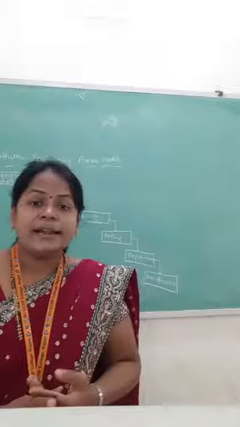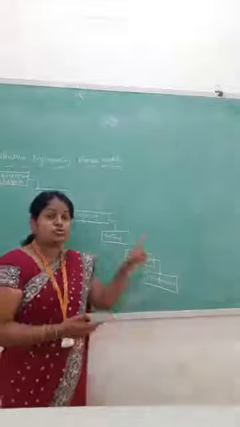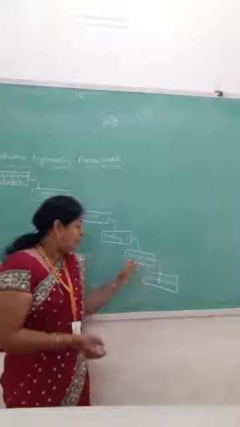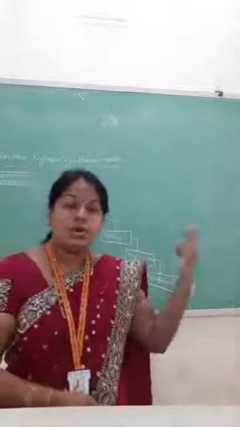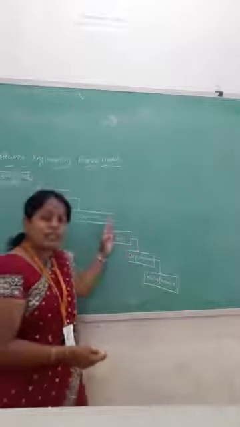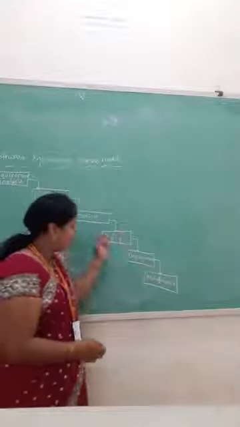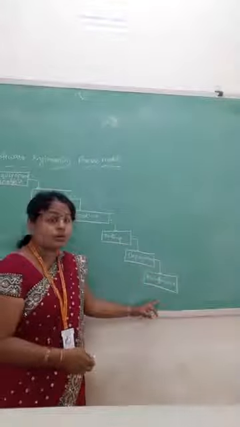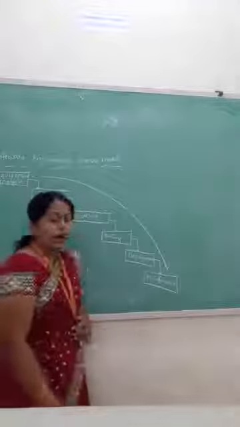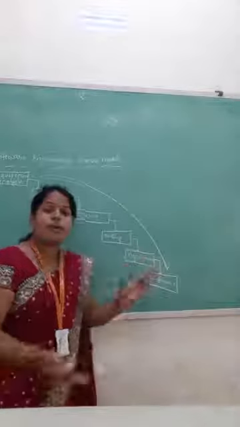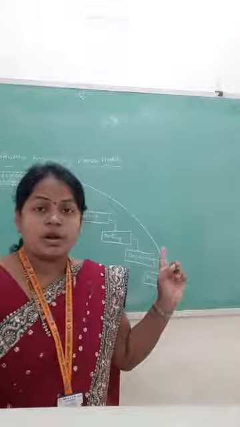If we get the right product, it's okay. What happens if we do not get the right product? Again, he has to go through all the steps. Why? Because the waterfall model doesn't give any chance to go back to the previous step and rectify the errors. Here that is not possible. You have to follow the sequential manner only. Otherwise it doesn't allow going back to the previous step to rectify the error. That is the main problem of the waterfall model.